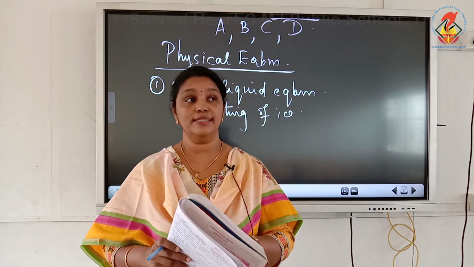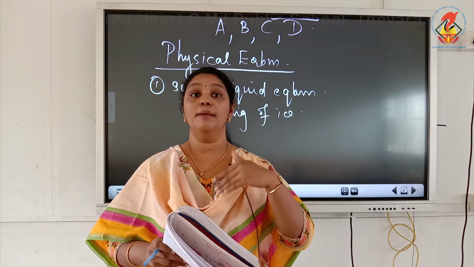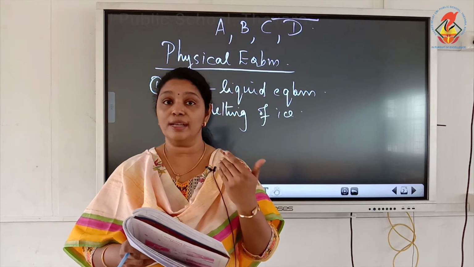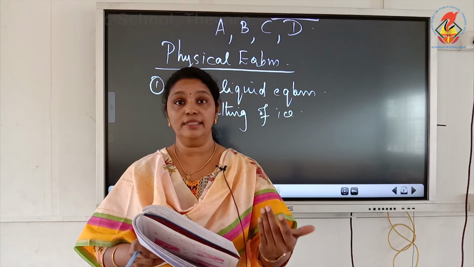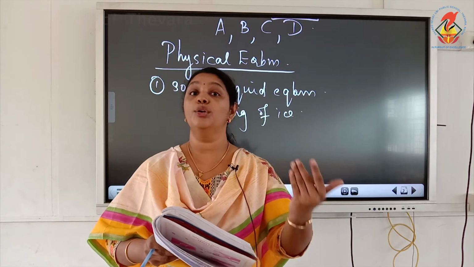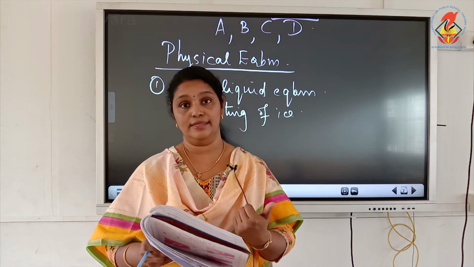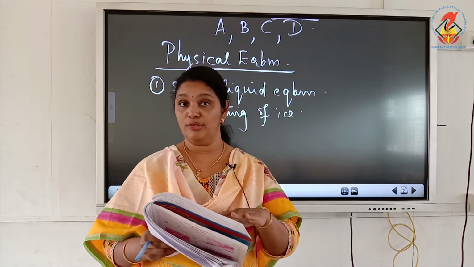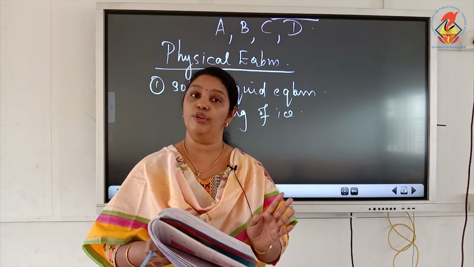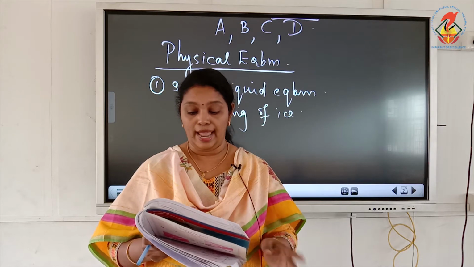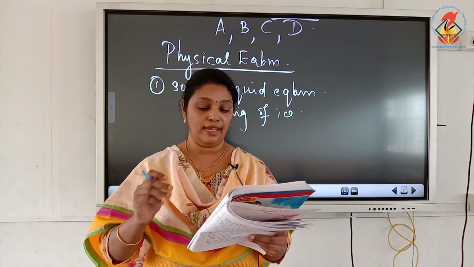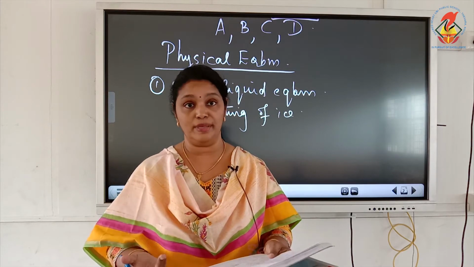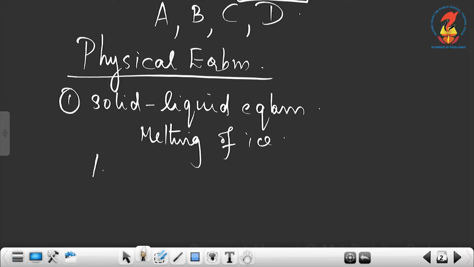Now, here you can see in the beginning ice will melt and it changes into liquid water. After some time, the liquid water will freeze and go back into solid ice. So, here the two opposing processes are melting of ice and freezing of water. Finally an equilibrium is reached, and at equilibrium we can say that